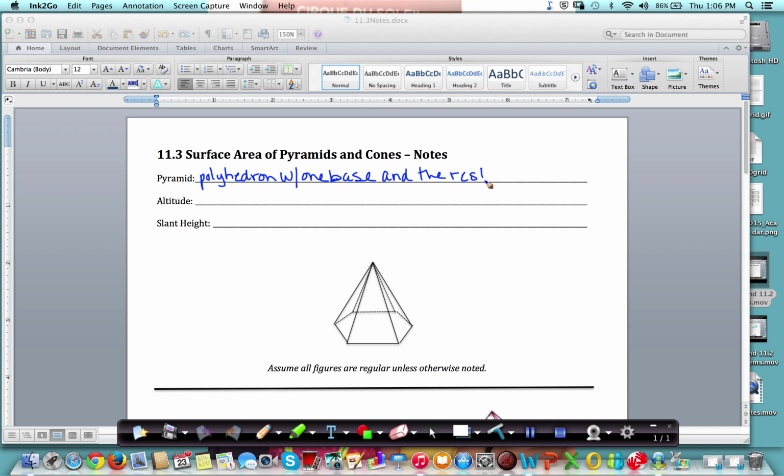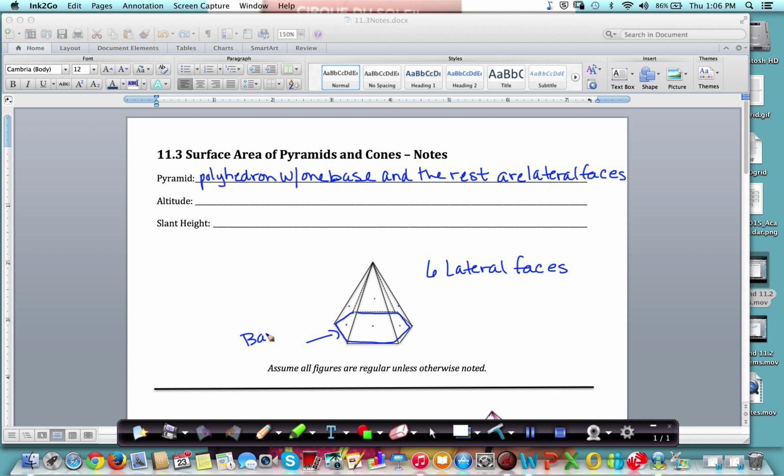Remember, lateral faces are like the sides. So there's 1, 2, 3, 4, 5, 6 lateral faces in this particular situation. And then there is that one base at the bottom that happens to be